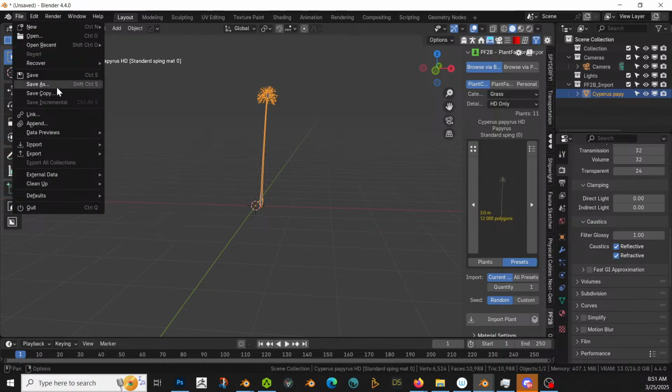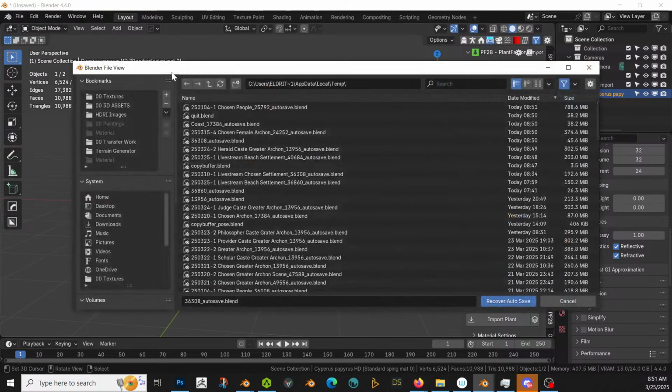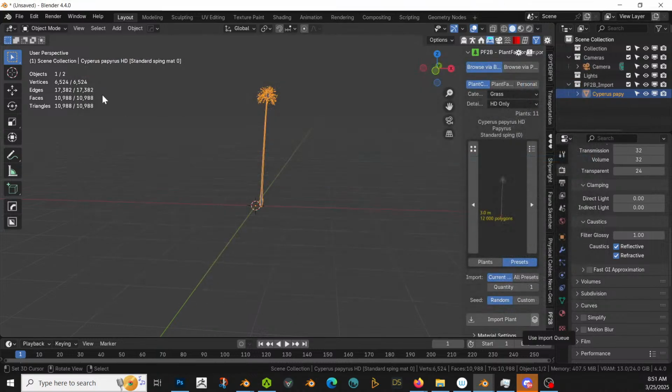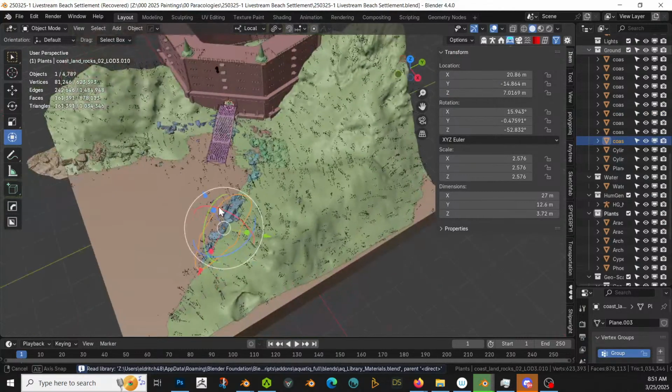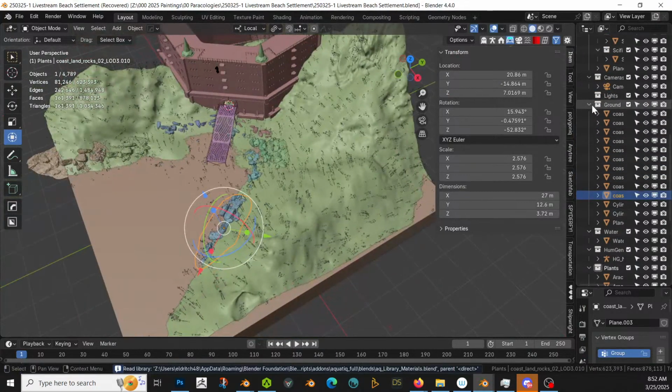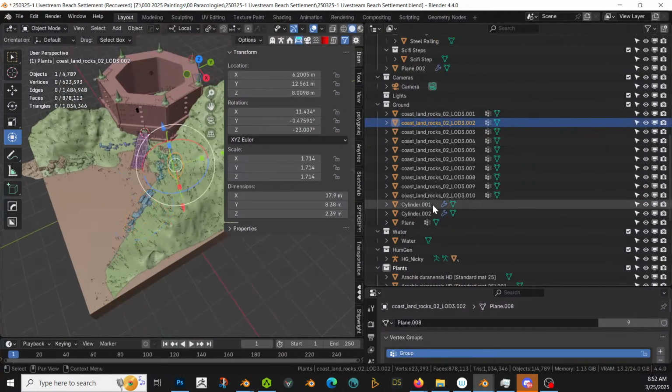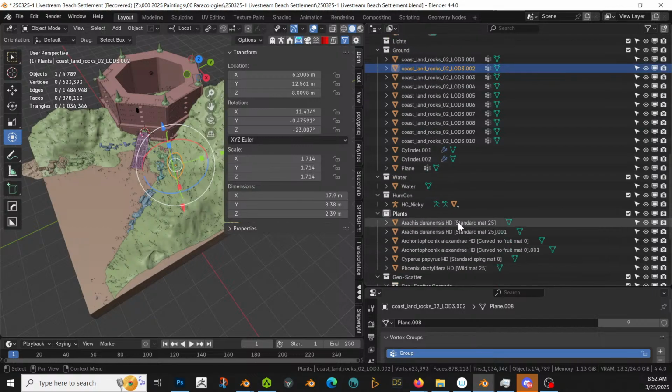File. Recover. Autosave. Beach settlement. Yep. Me too, Michael. I'm just going to look up weird stuff. Why? Because those should not be there. In ground. Oh, did I lose it all? Did I lose my